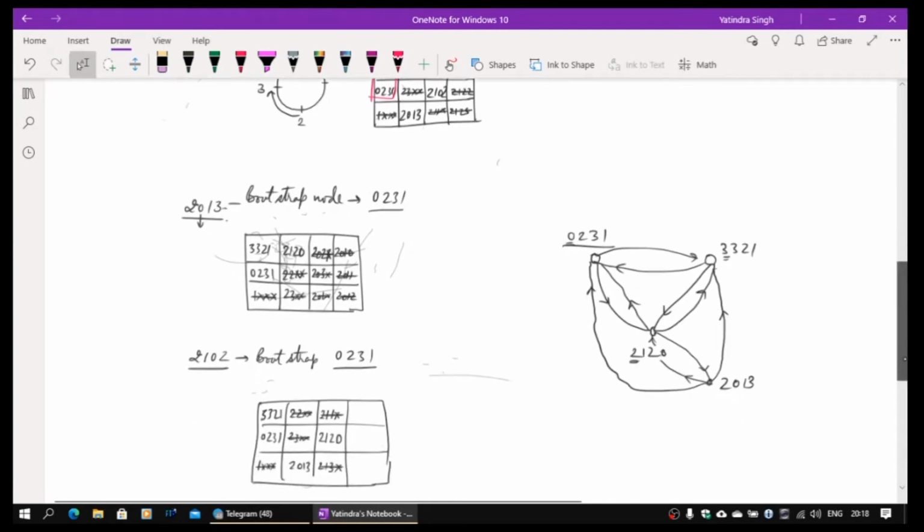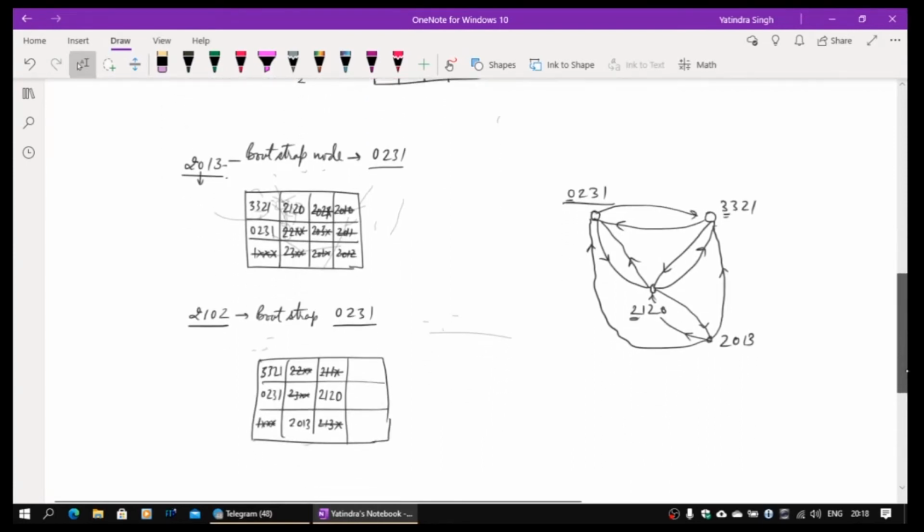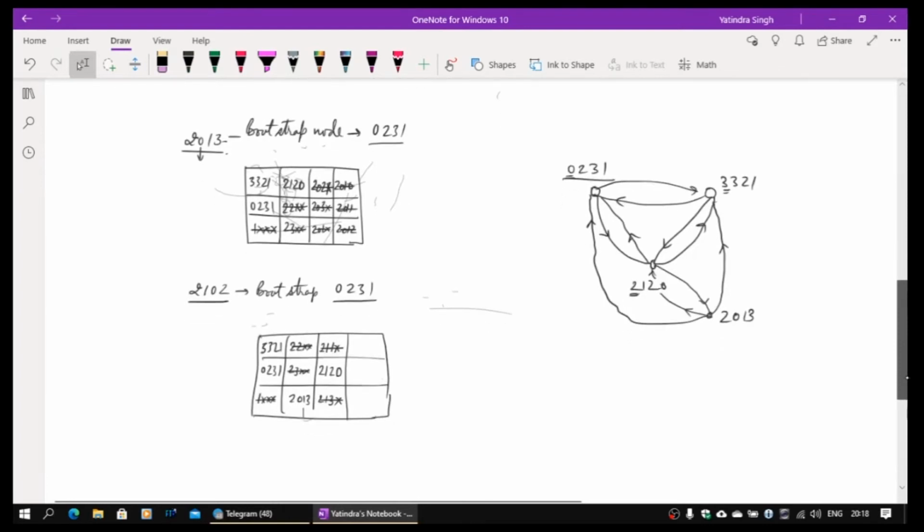Now the only problem left is how 2013 will get to know of this new node. Okay, so next time this routing table is there, this will invariably send its routing table copy to all these people in routing table management. So 2013 will also come to know of it. In fact, 2120 will also be doing this, and once 2120 is doing it, it is going to update the value. Now we have 2120 or 2102. Only one of the two entries can be kept here. There is no other entry. Okay. So this may not actually change. 2013 will remain as it is.